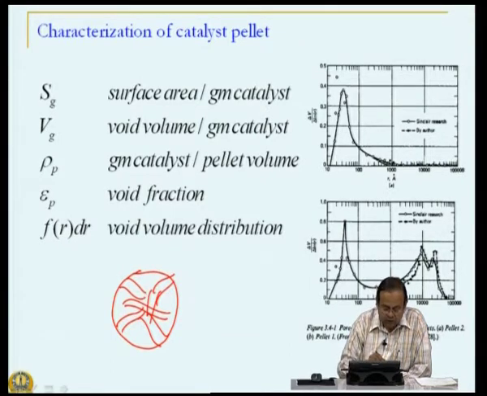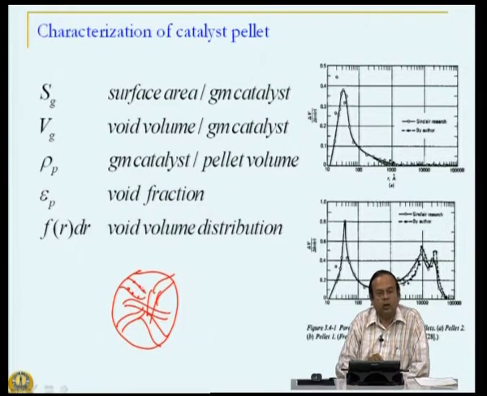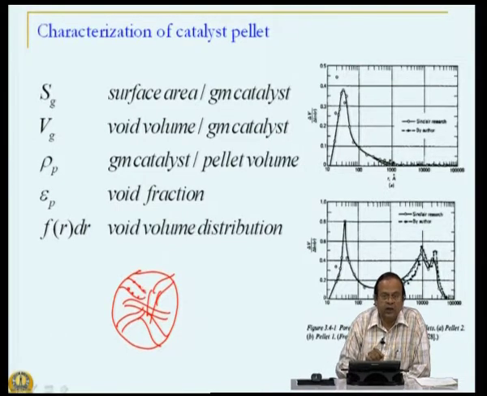And it is the inside of the pore onto which my active material is placed. So, it is that inside area that is of importance to me, and some time back I said that the external surface area is of little relevance